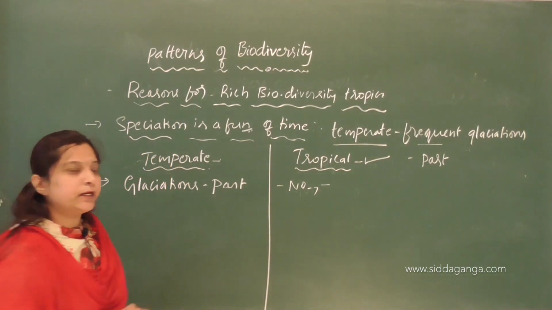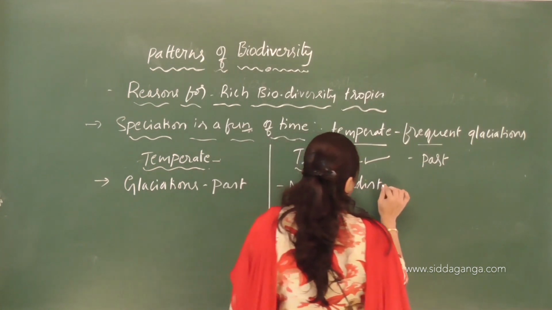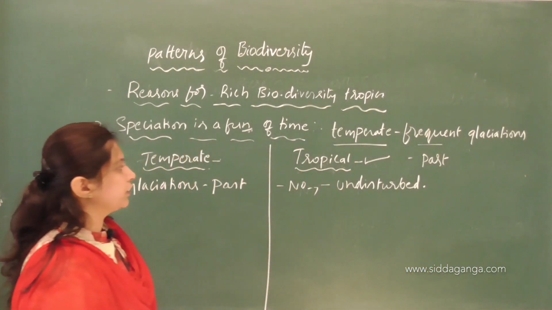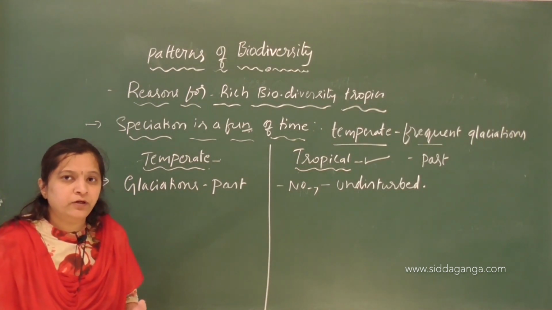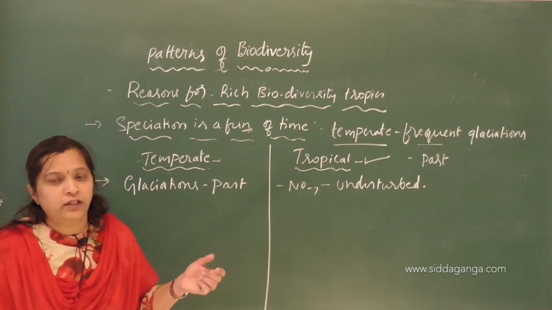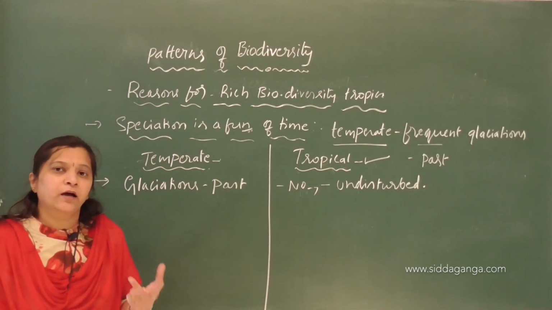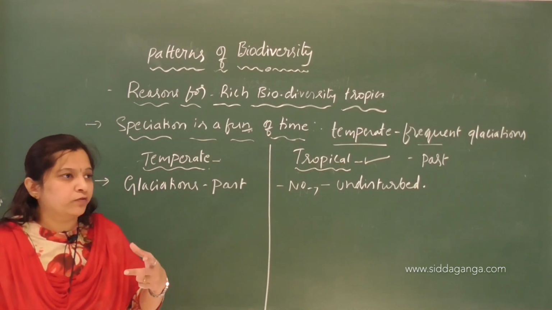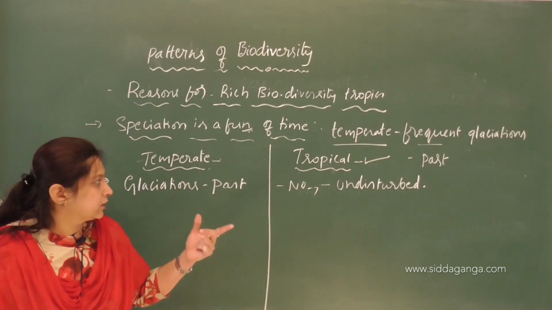these areas have been undisturbed. As these tropical areas are undisturbed, a number of species survive. They flourish and they reproduce, through the course of time, through the course of evolution. That led to the formation of new species. So this is one of the reasons for the greater diversity in tropical areas compared to